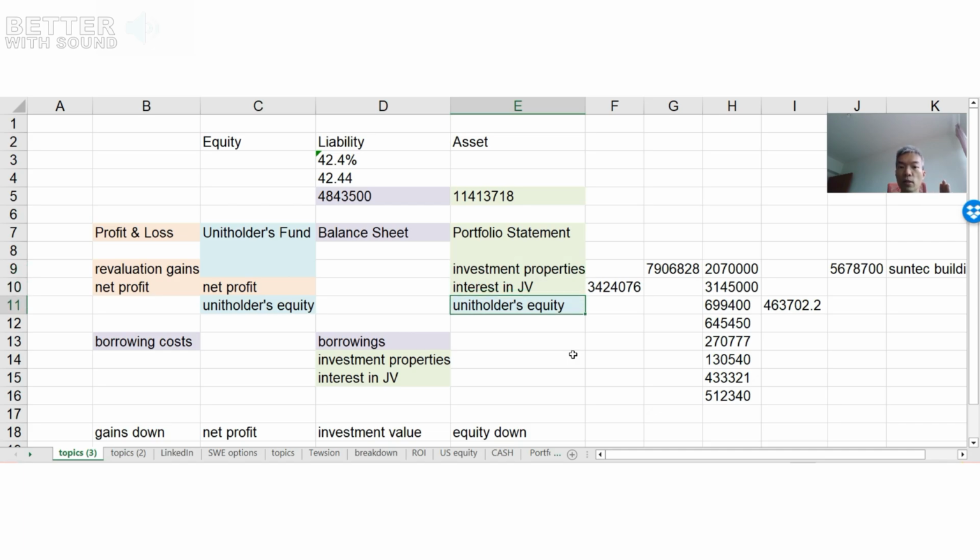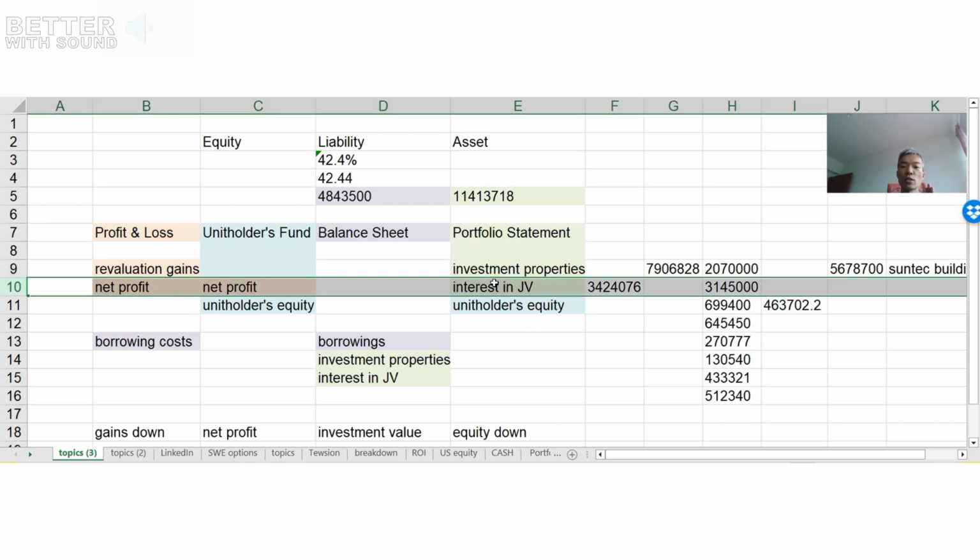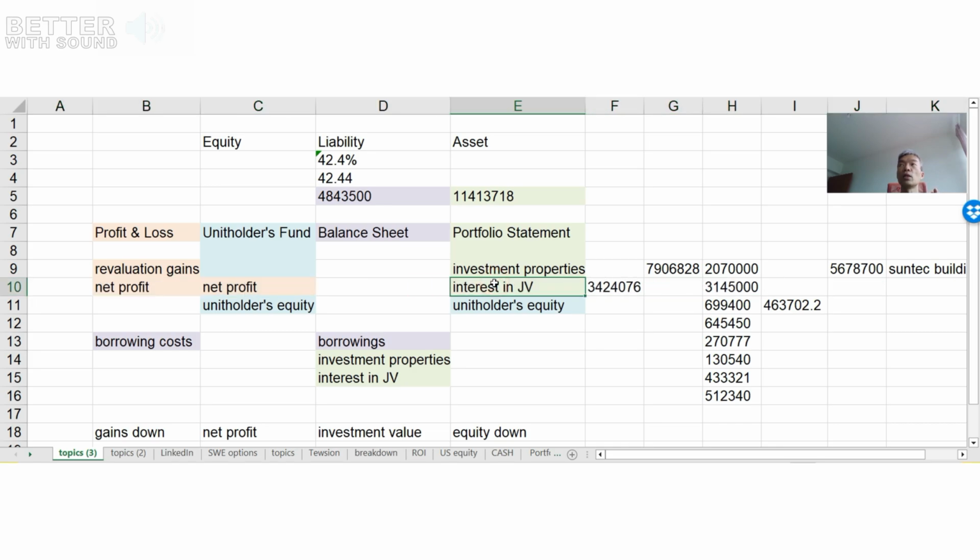Because this video is about Suntec REIT, and Suntec has joint ventures, you see at row 10 there is this interest in JV in their portfolio statement. Please go and review your own REIT because things may differ. In the context of Suntec REIT, yes, they have an interest in joint venture and their own properties. Since the unit holders equity is linked to these investment properties and the interest in joint venture,